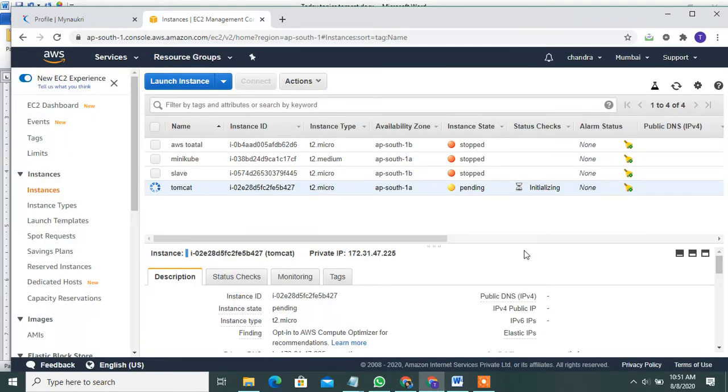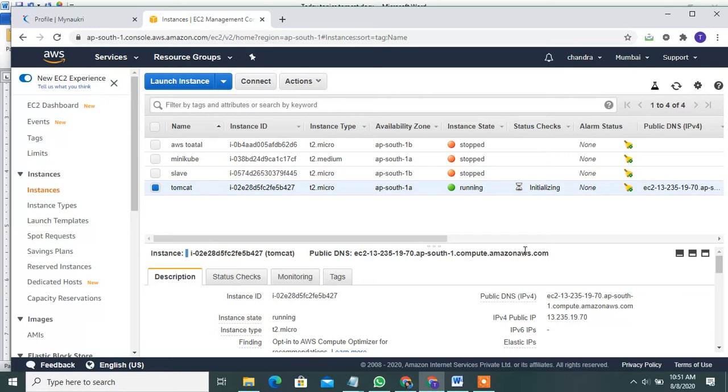It's started. Once it is running successfully, copy the IP address.